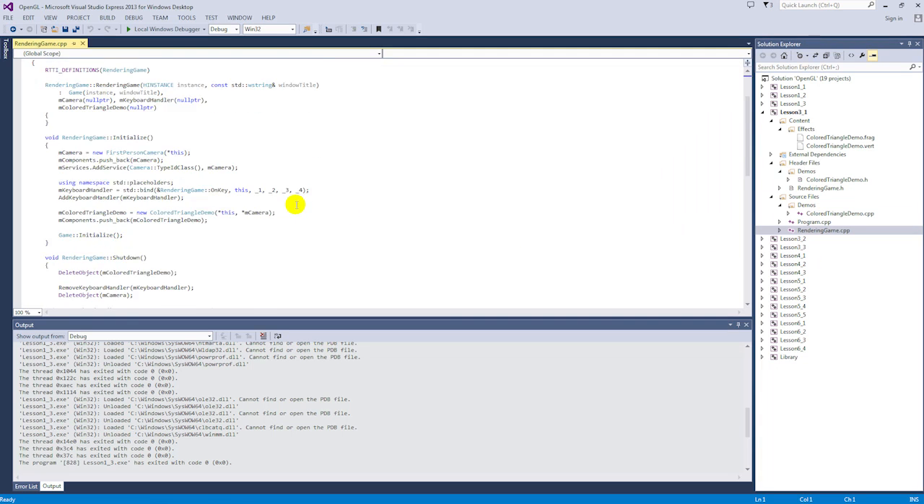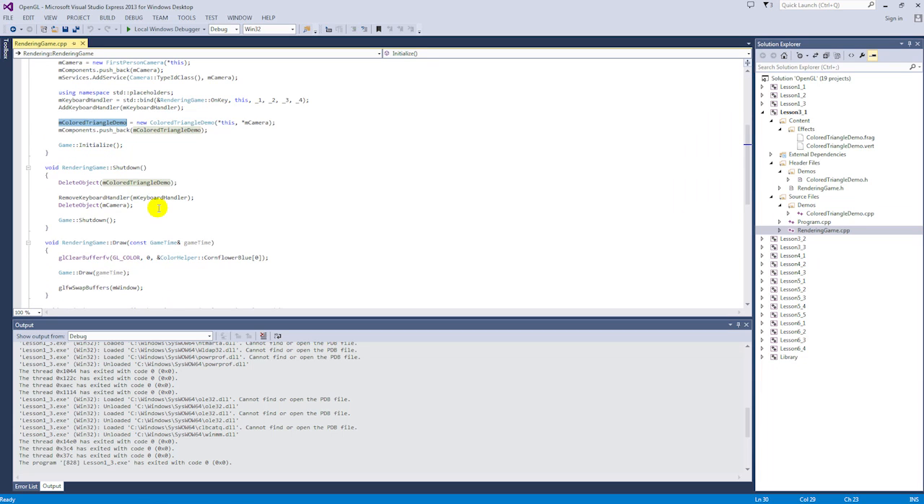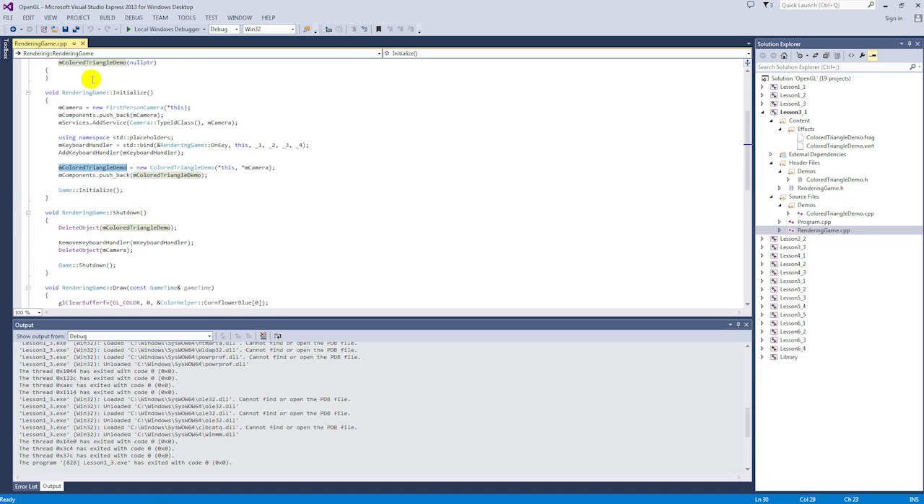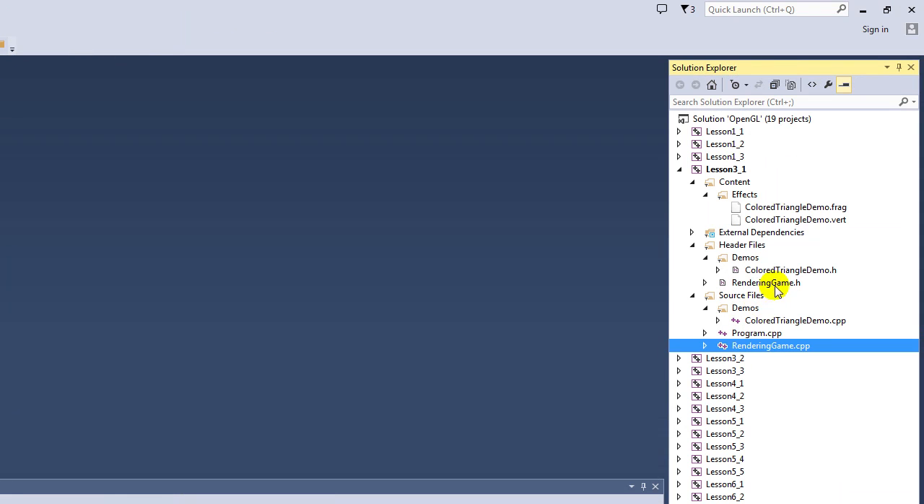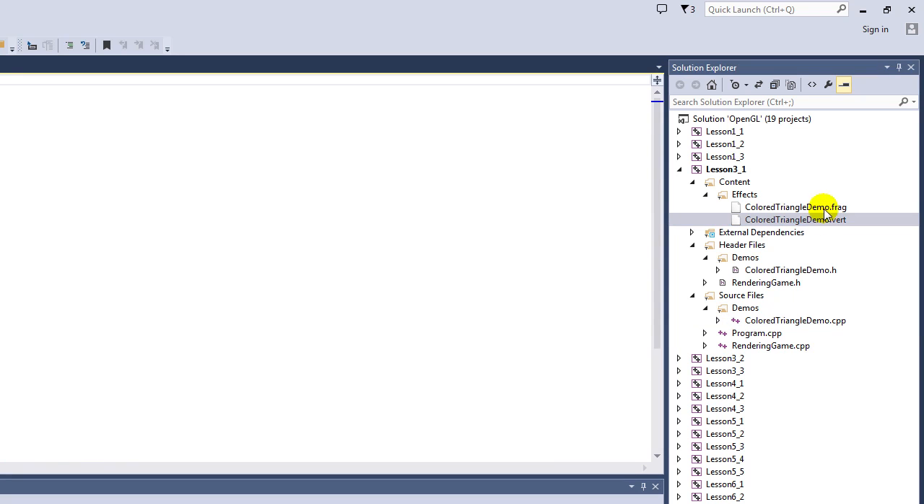And likewise for the implementation, we're initializing that color triangle demo and deleting it during shutdown. Otherwise, it's the same code. It's the color triangle demo then that we're going to focus on. So open up the color triangle demo.h and CPP files. But really the first thing that I want to talk about is the color triangle demo.vert and fragment shaders,